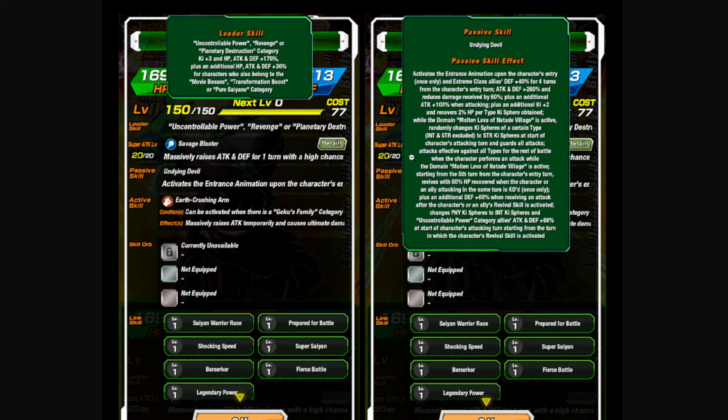So once the domain is done, you still have it active, and when it's done, you still have effective against all types. Wow. Starting from the 5th turn from the character's entry turn, revives with 60%. So starting from the 5th, you're not dying here. And then afterwards, once this damage reduction stays, once this guard disappears because the domain is done, for some reason you're still gonna die